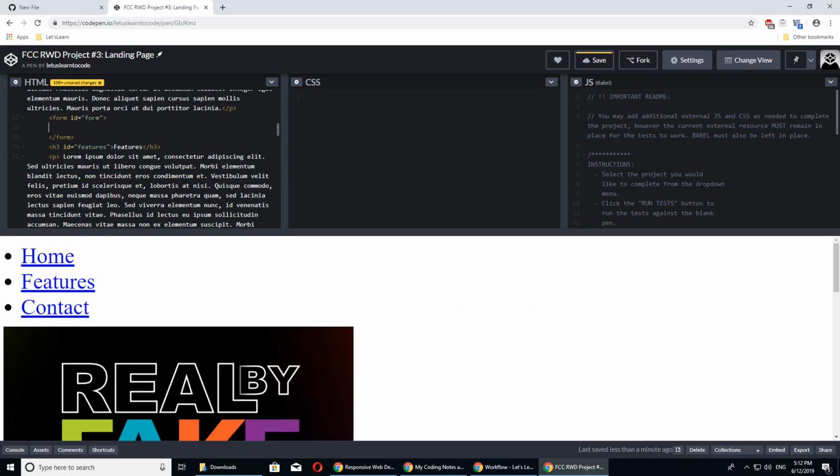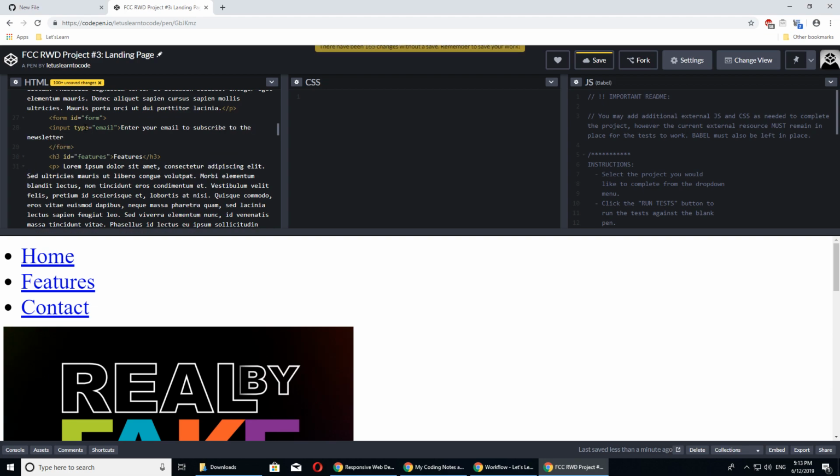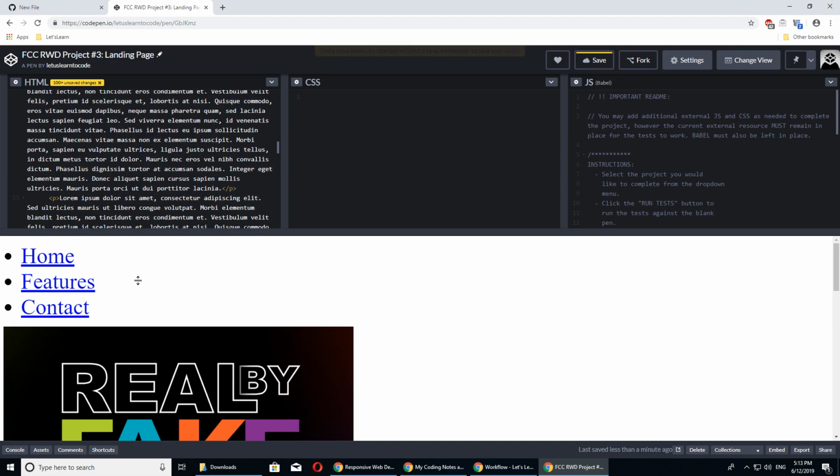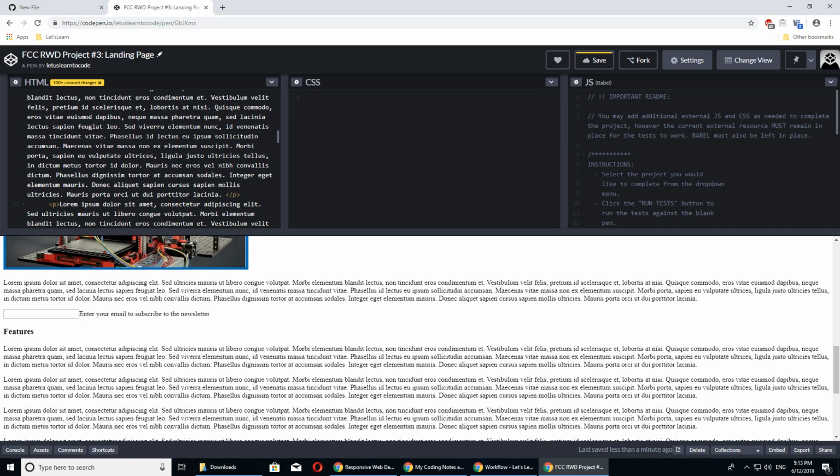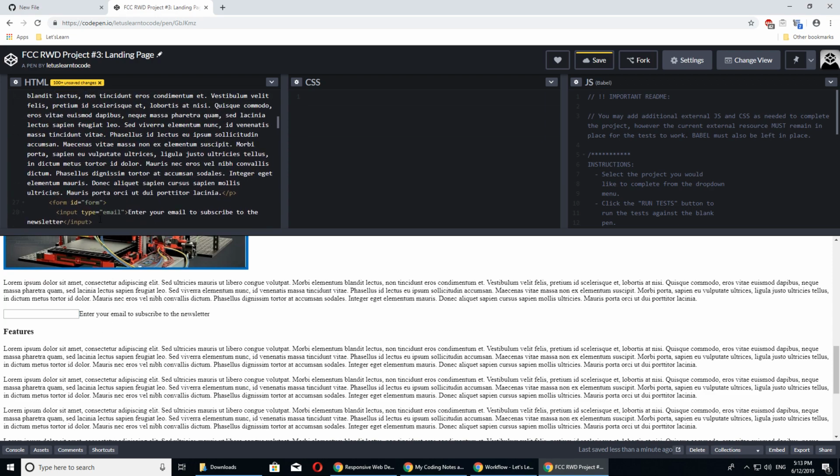Form ID is equal to form. Input type is equal to email. Enter your email to subscribe to the newsletter. Input, something like that. What's going on here? Looks like it froze. Okay. Alright, so this kind of worked. I mean, it's pretty ugly, but